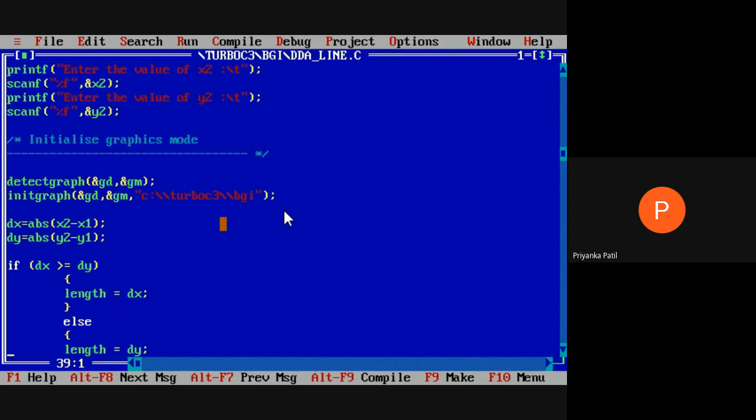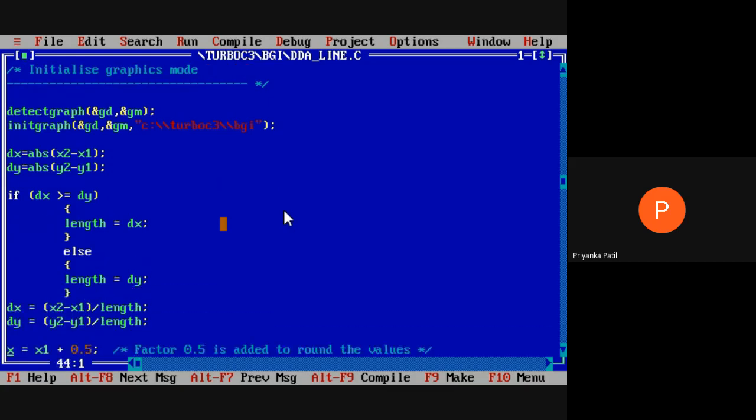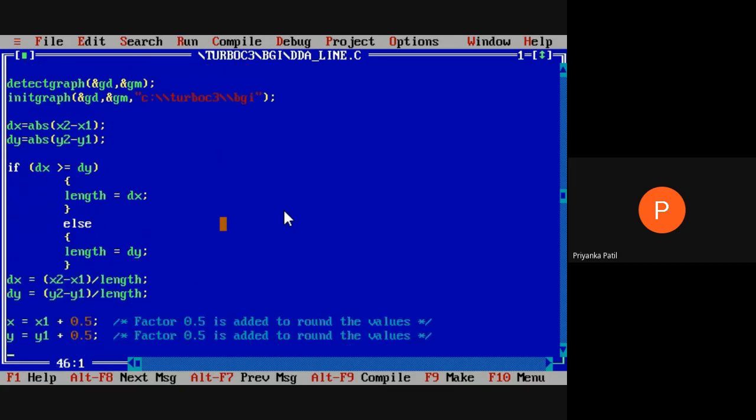If it is greater than delta y, we assign it as the length, else we assign delta y as the length. Again, we calculate delta x with the help of x2 minus x1 divided by length. Then delta y is equal to y2 minus y1 divided by length.